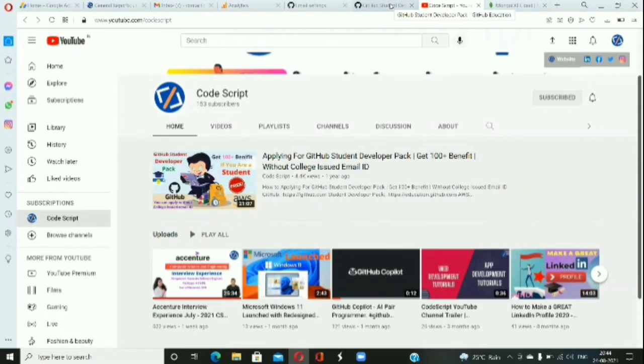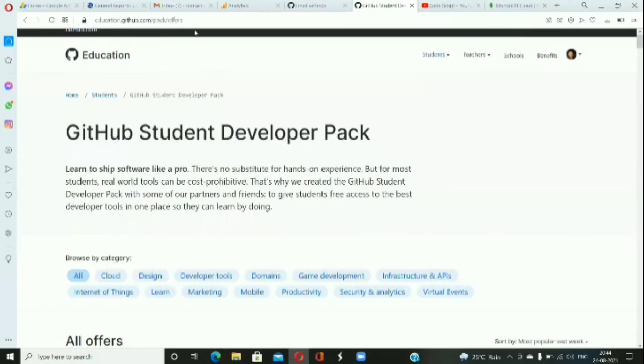So if you have the GitHub Student Developer Pack, you can apply for the MongoDB benefits. If you have not applied for the GitHub Student Developer Pack, go to the website education.github.com and apply for it, and you will get the benefit within 5 to 7 days.